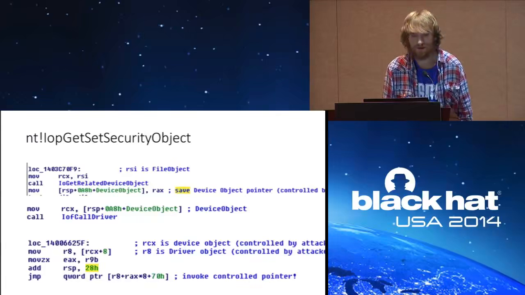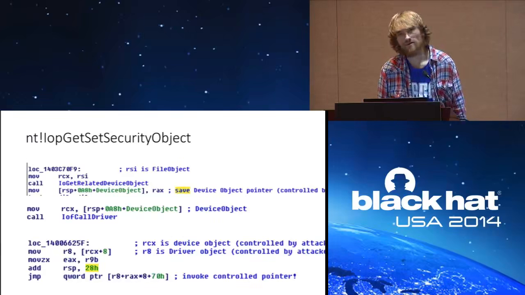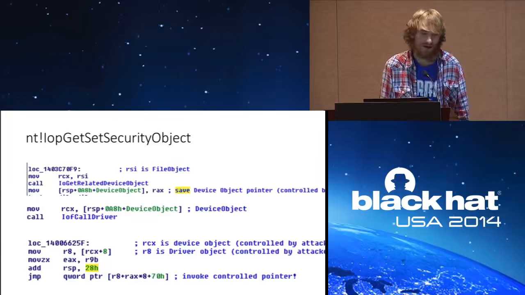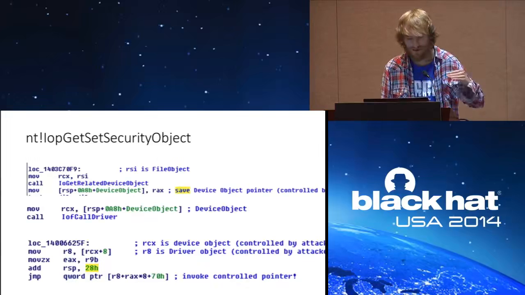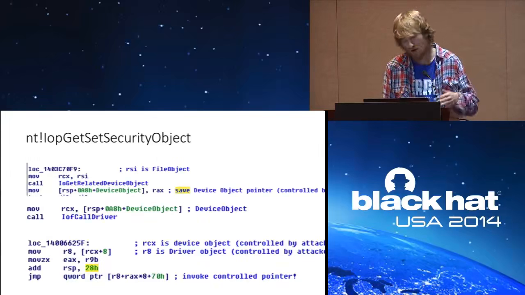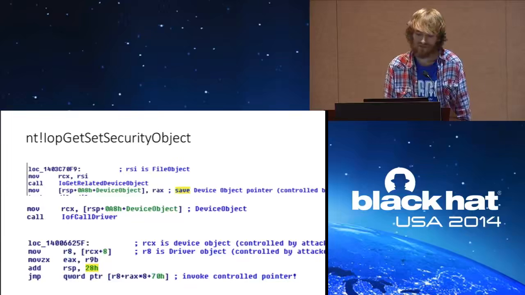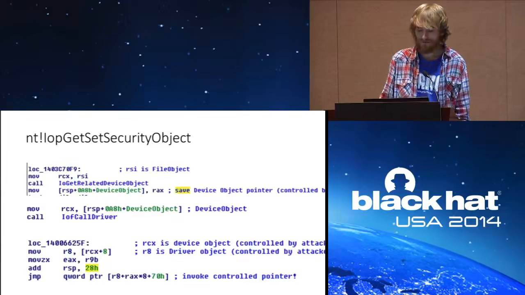But I thought, on Windows 8 with SMEP, you have to redirect to a ROP chain to disable SMEP, or call ExAllocatePool with executable memory, then copy your shellcode and execute it. So I thought, maybe if you have this amount of primitives, like arbitrary write and arbitrary read, there